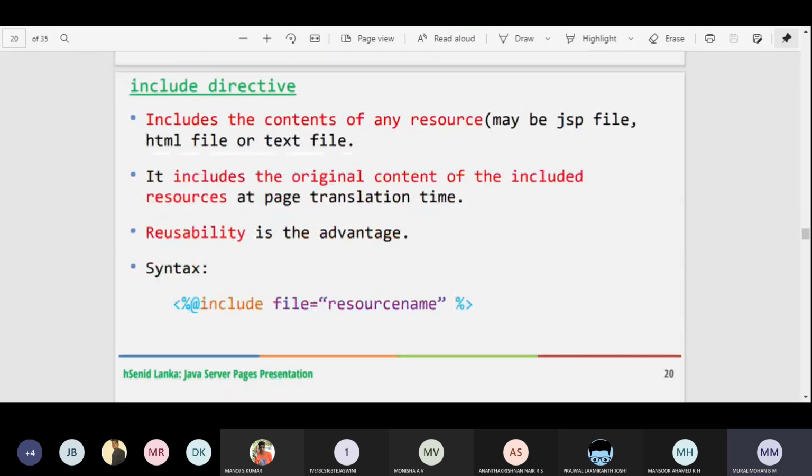Next is the include directive. This includes the contents of any resource, which may be a JSP file, an HTML file, or a text file. So if I want to include one, then I can go with the include directive. You just see here, it is include, and here it is page.